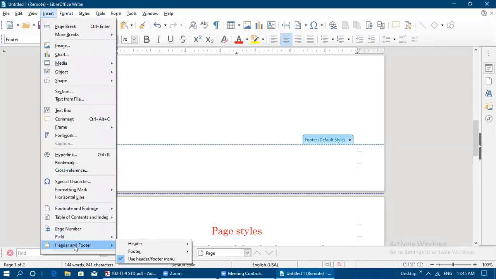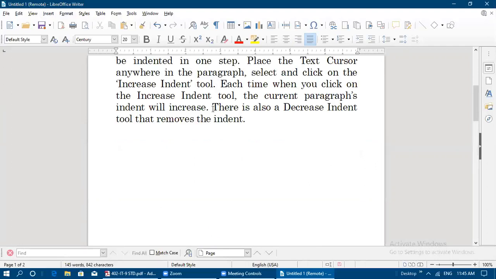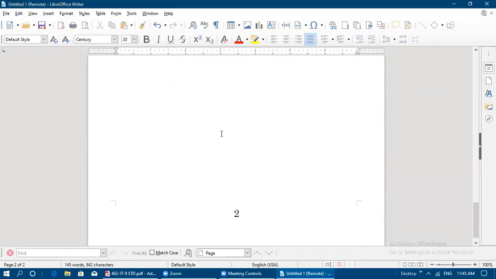Okay, see here, if you go to header area, insert header and footer, header, footer you can add, footer menu, header menu. In the same manner, page number also you can add. So automatically the page number got added. If you enter number one, the same number one only will be displayed in all the pages.